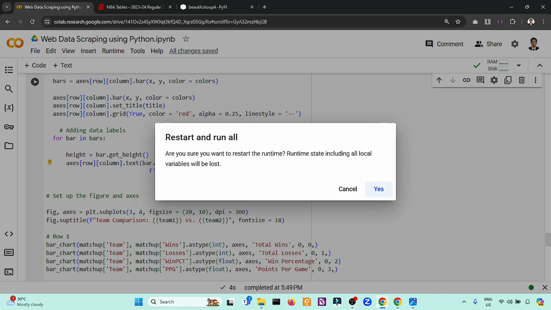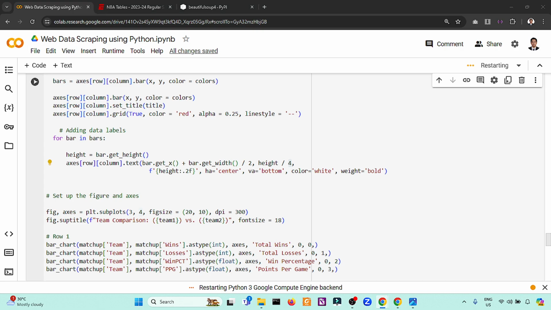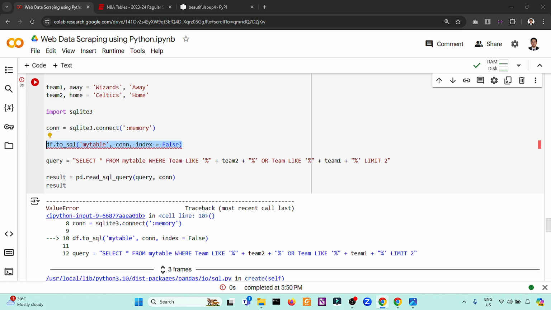So let's start again. Let's restart and run all. Okay. So let's see what kind of graphs. So this again, it's already creating this one in memory. Okay. So maybe I can fix this one. So how about temporarily? Okay.